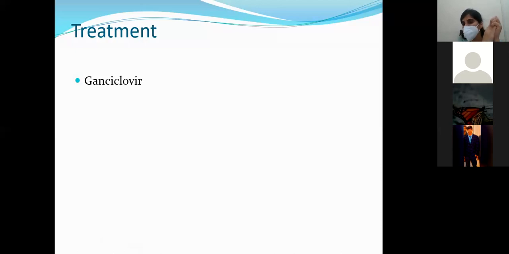In the younger children or in the adults, mostly they will have no signs or symptoms, but sometimes they will have fever, lethargy, or when you do the CBC, you will have abnormal lymphocytes in the peripheral blood smear. In the immunocompromised patients, mostly in the renal transplant or bone marrow transplant patients, you will have hepatitis or pneumonitis. Whereas in the AIDS patients, you can find intractable colitis and retinitis.